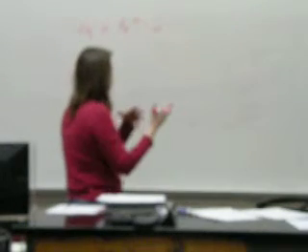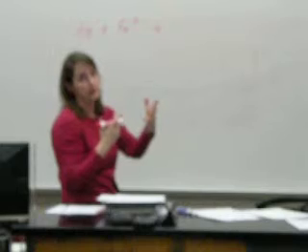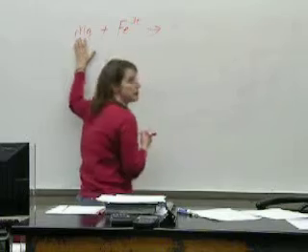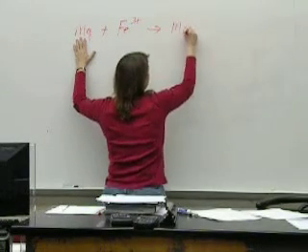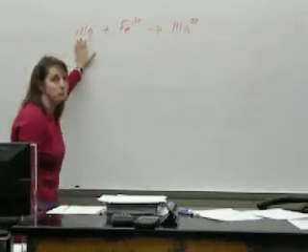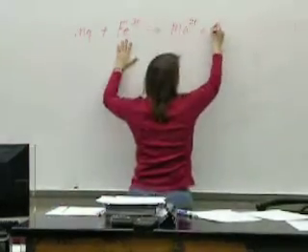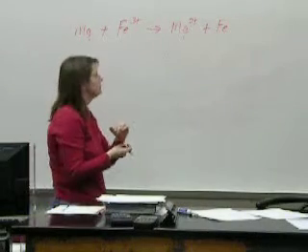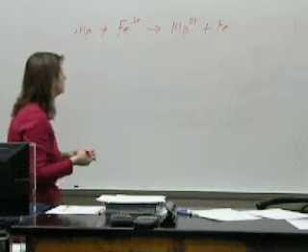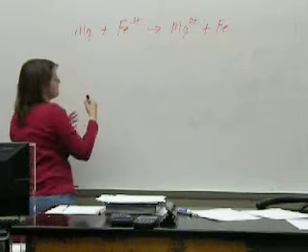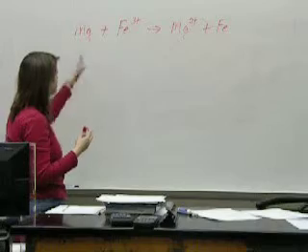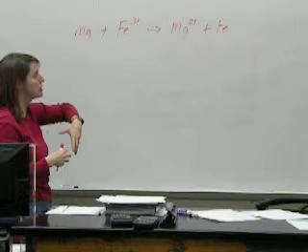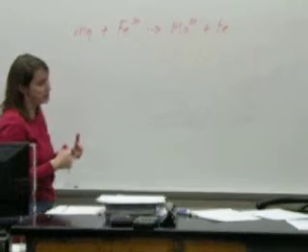Okay? And this is an old-fashioned redox problem. The iron and the magnesium are going to switch places with each other. So magnesium is going to go from an oxidation number of 0 to its oxidized form, and then iron is going to go to an oxidation number of 0. And so now we need to balance it. Well, you can see atomically it is balanced, but charge it is not. So we have to balance the charge as well as balancing it on the atomic level.